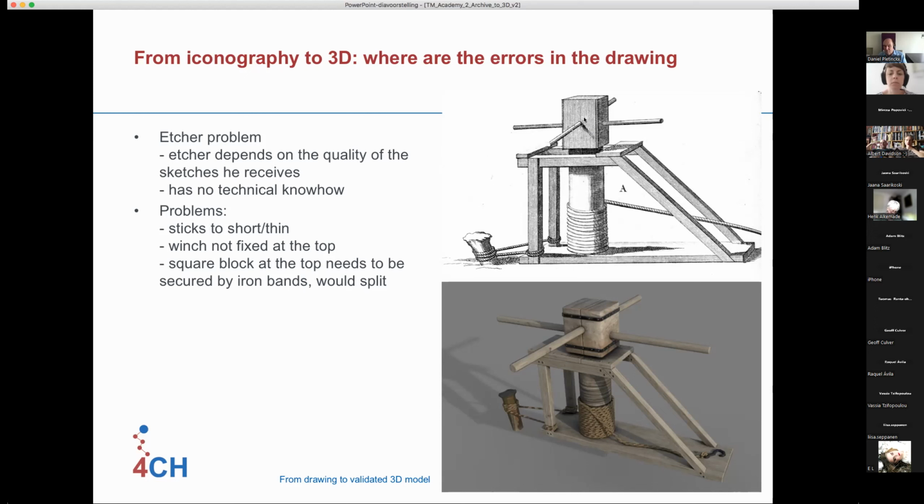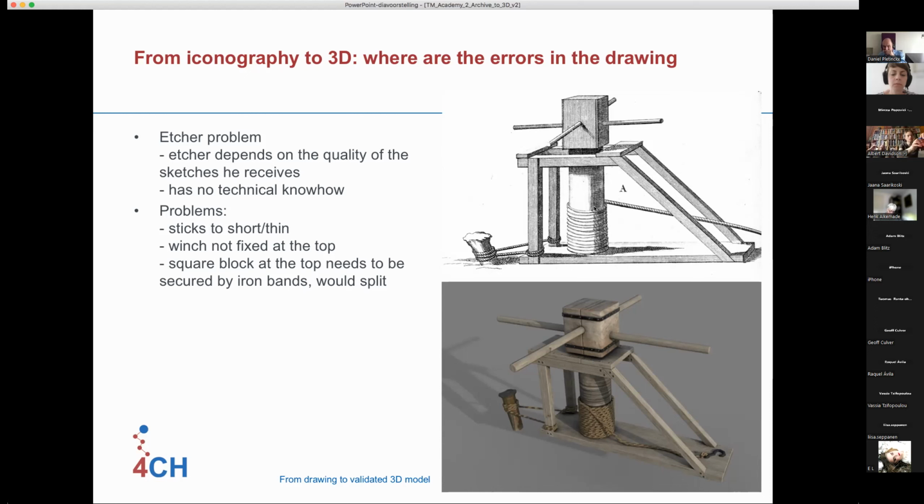Third thing is, if you would simply put buttons through a wooden block and you would do the job, your block would split immediately. Try it out, but it does like that. So that means, in fact, you need to put iron bands around it to keep it all together. So that is the kind of translation